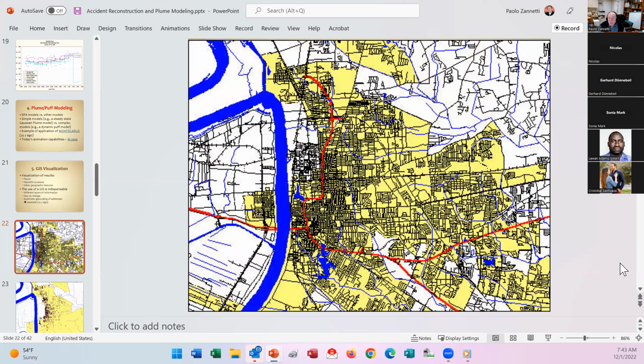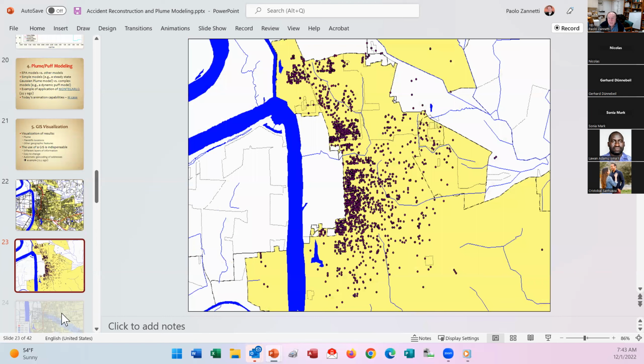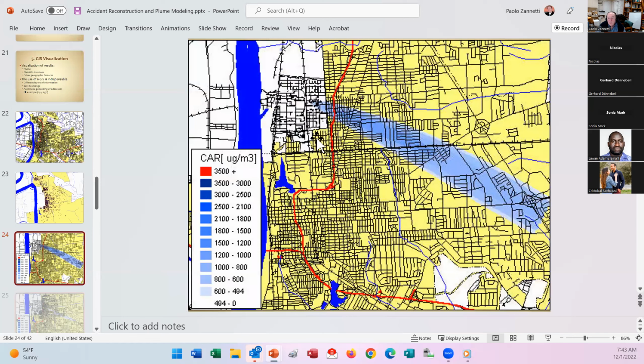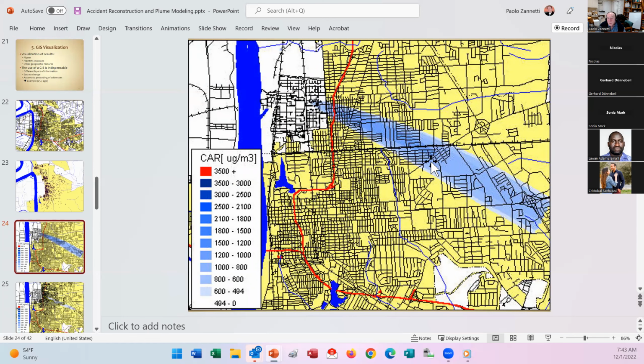This was my first GIS visualization, very primitive GIS in the 90s. So I always start with the ugly one. So this was a fire in Baton Rouge, Louisiana. And these are all the people who complained about the fire. And again, I was able to show that based on my best opinion on meteorology and plume modeling, this is the trajectory of the plume during the accident. So you can see that